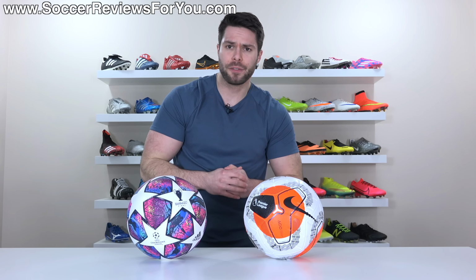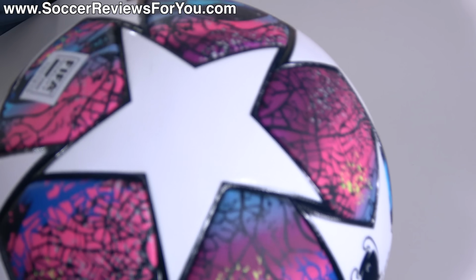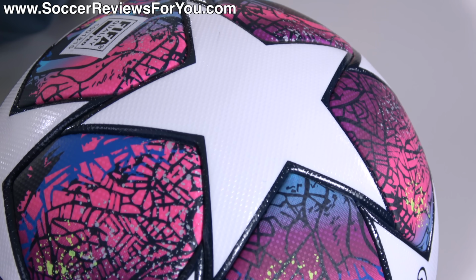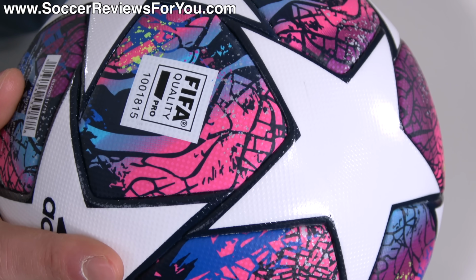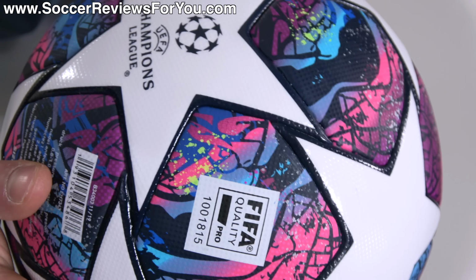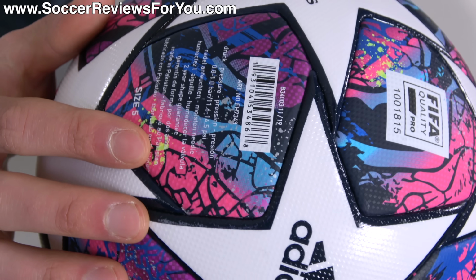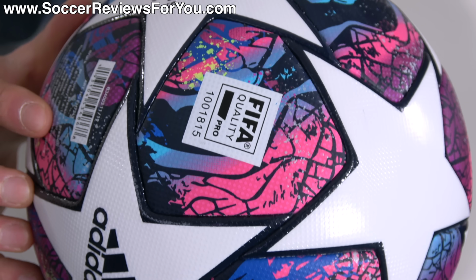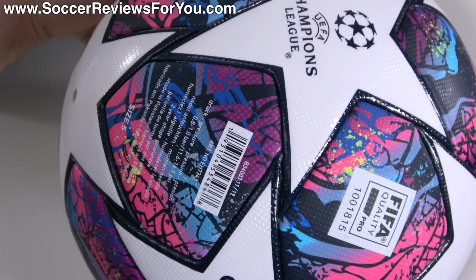Both of these balls also feature some form of micro texturing. On the Champions League ball, you can very clearly see it is a checkered pattern, but what's also kind of unique about the Champions League ball is that the finish across the surface of the panels actually varies depending on the panel. You can pretty clearly see that the white stars have a glossy finish, where the colored panels in between the stars have a matte finish, which I think does allow for, again, a slightly more slippery,